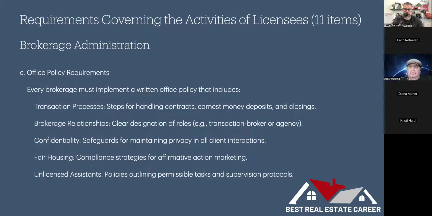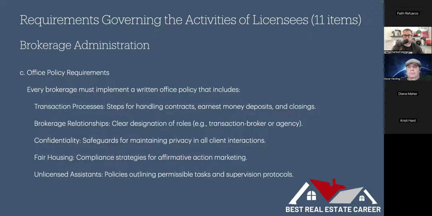Most agents in the state of Colorado stay in a multiple person firm because it's way less of a headache. And with that being said, an independent broker, a single person firm, doesn't need to have an office policy. The playground rules are the same for everybody because it's just one person. Office policies are really just the playground rules. They say how everyone inside of those four walls is going to operate.